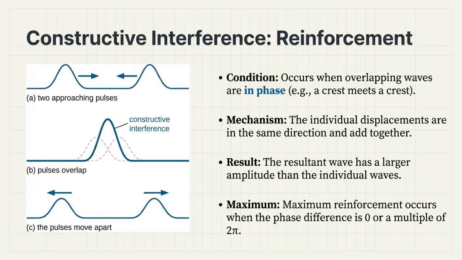When two waves meet while their crests align, this is called constructive interference. In this case, the waves are in phase, meaning their individual displacements line up in the same direction and combine. As a result, the waves reinforce each other and produce a wave with a larger amplitude than either one alone. This maximum reinforcement happens when the phase difference between the waves is 0, or any multiple of 2 pi. You can see this in the diagrams where two pulses approach, overlap to form a taller pulse, and then move